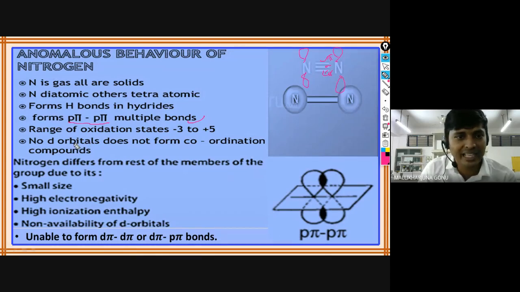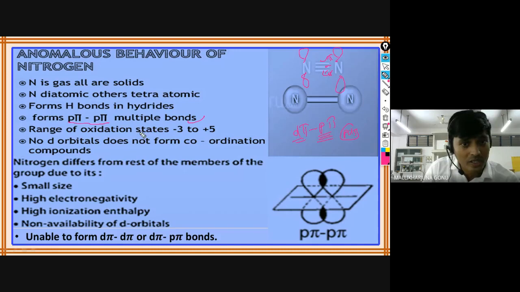But in the case of phosphorus, they can form d-pi also. For example, in the case of PCl5, we have seen one electron gets excited to the d orbital. Then that orbital forms the bond with the p orbitals of the chlorine. That's how d-pi is also possible, in which case PCl5 are higher. Next, in phosphorus, arsenic, antimony, bismuth, in such compounds, d-pi is also possible.